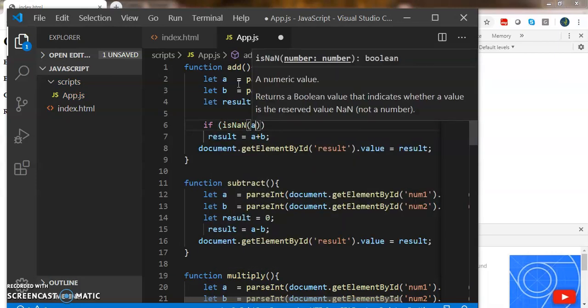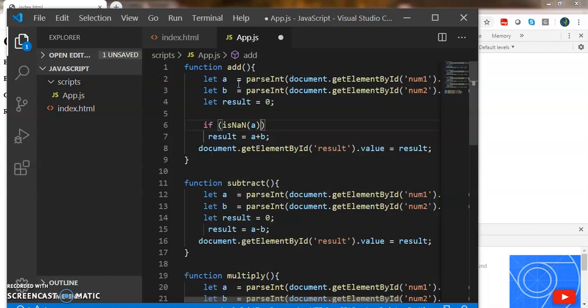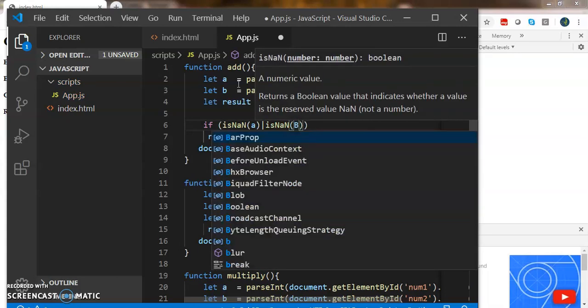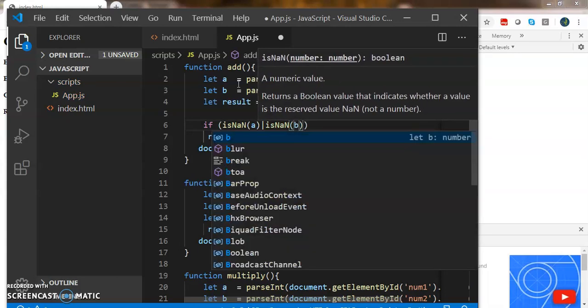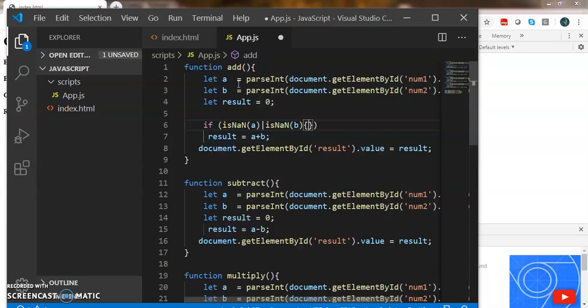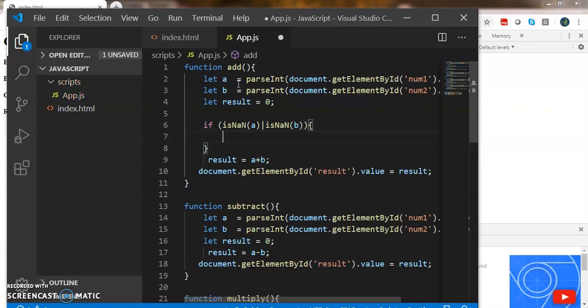If the value of a is not a number, or if the value of b is not a number. So if either of the numbers is not valid, then we are going to throw an error message.